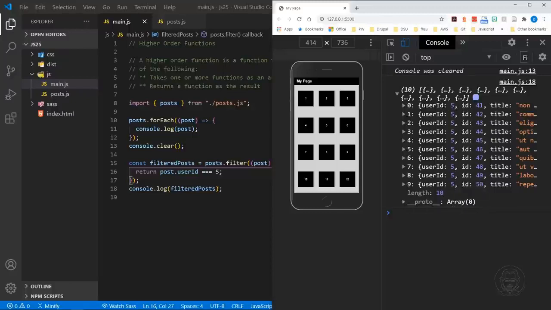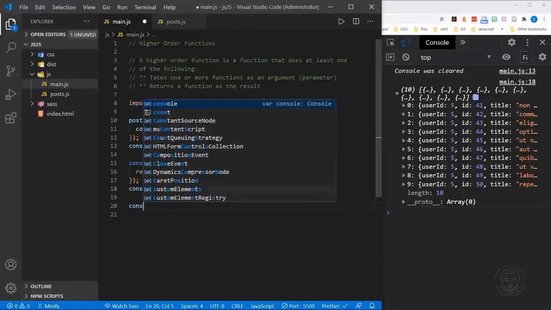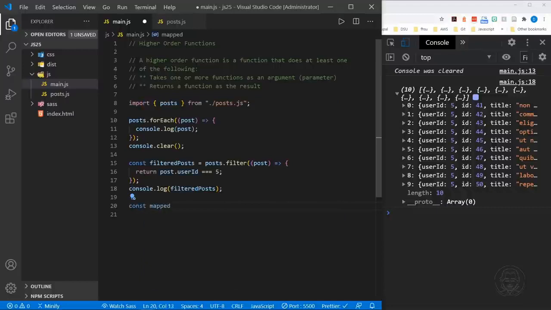So this is a way to filter results or filter data that we get, and this higher order function is very useful. That is way better than writing all the code that it would require manually to filter without this option being available. Okay, we can move on from filtered posts, and we'll apply the next higher order function, which is map. So I'll once again start out with an array, because this is going to return an array, and